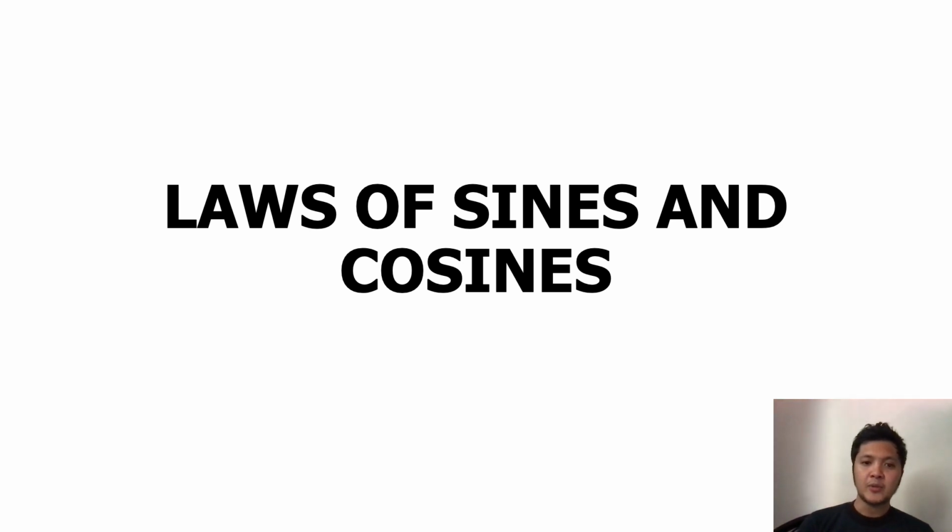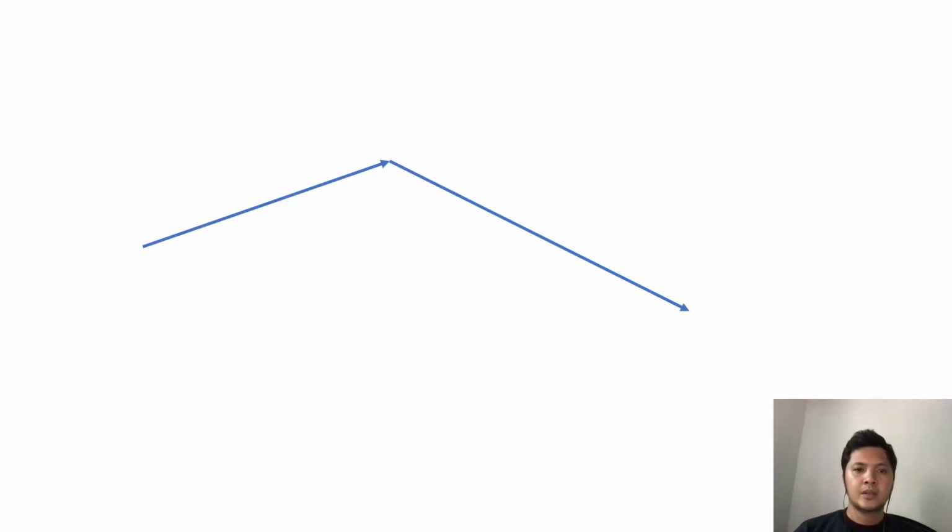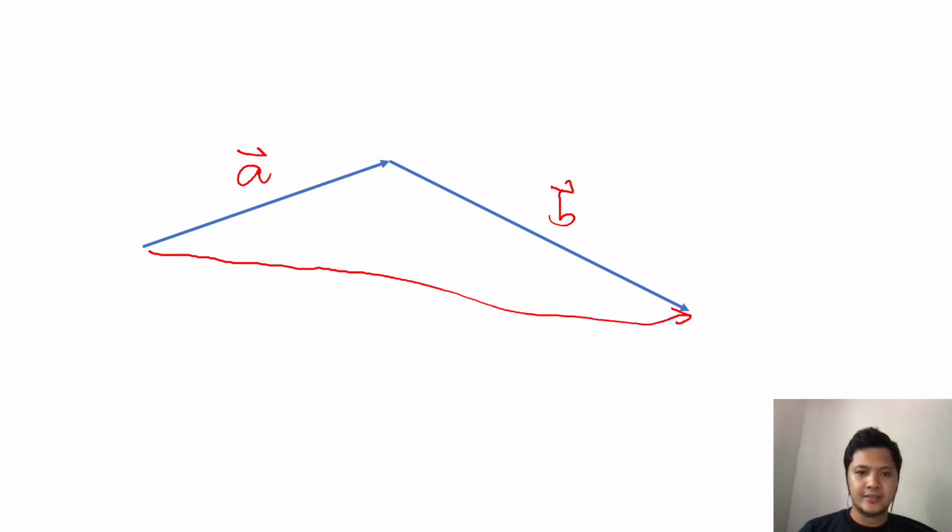Hello everyone, so today I'm going to introduce another way of solving problems involving vectors that are not at right angles with each other. For instance, we have here vector A and then vector B here, and we want to know the resultant vector R. So assume that's the straight line. So this vector R here, the resultant vector, and to get the magnitude and the direction of resultant vector R,